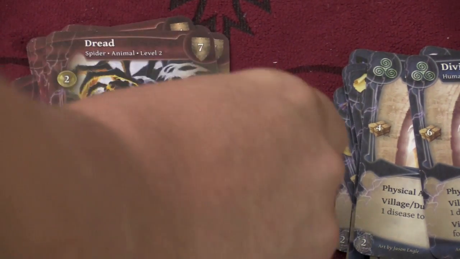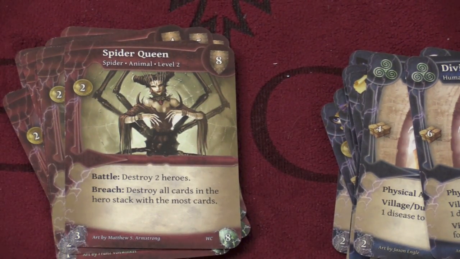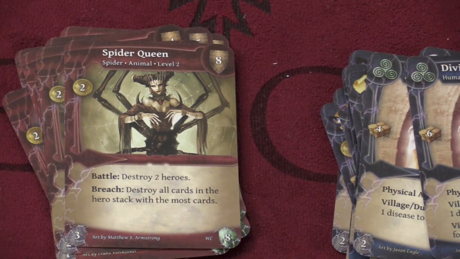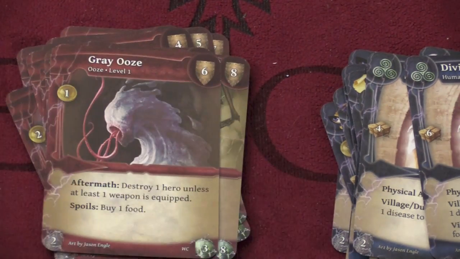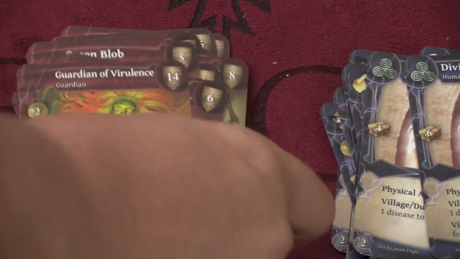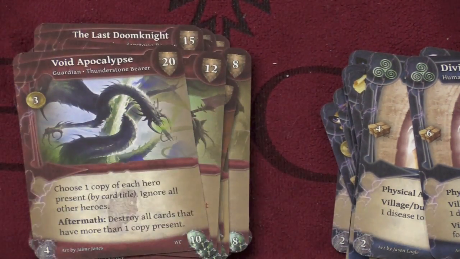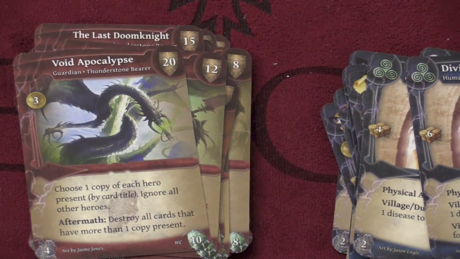And then we have spiders. Of course, everyone hates spiders, and there's always a spider queen. Not too many games have a spider king, I've noticed. And then we have oozes and the green blob and Doom Knights. And then the game comes with several guardians that you can fight against who go from kind of bad to